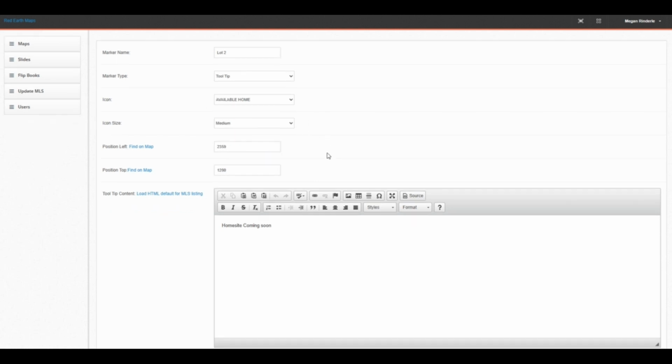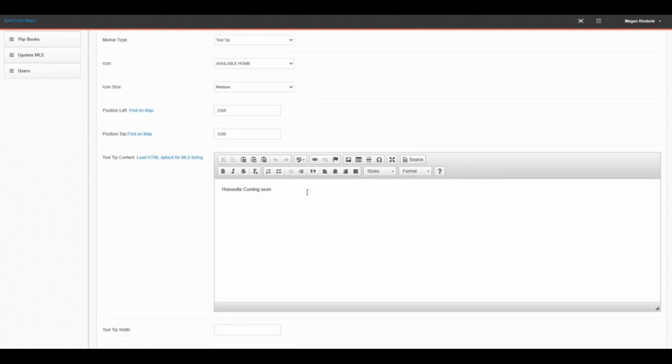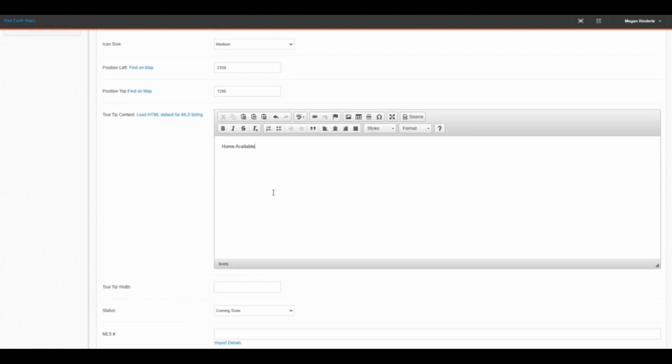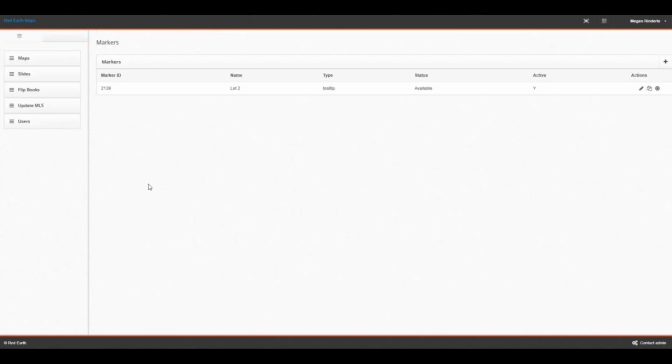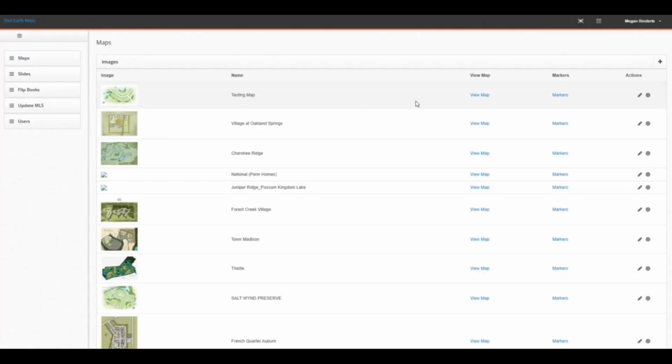Then you will scroll down and you are able to change the tooltip content and say home available. Scroll down and you will need to change the status on that marker from coming soon to available. And you need to make sure that the checkbox is marked on active for it to show up on your map. Then you will go back and click view map,